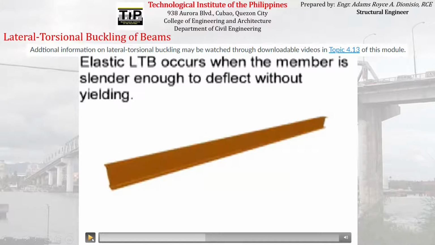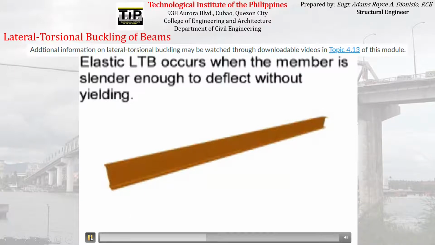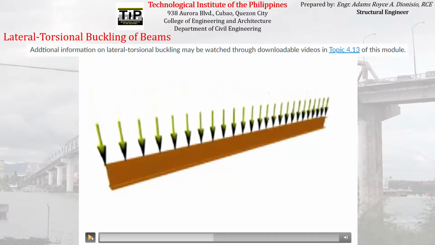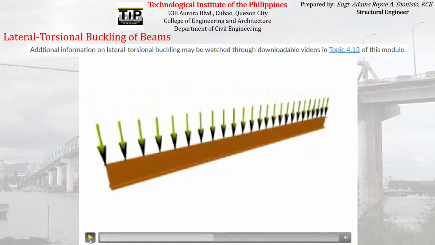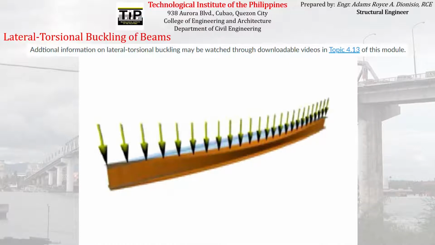Elastic lateral torsional buckling occurs when the member is slender enough to deflect without yielding. So usually nagaganap yung elastic lateral torsional buckling sa mga slender member. Ibig sabihin sa mga member na mahaba yung distance from one bracing to the other. Okay? So if you just want to imagine how LTB is being experienced by a beam, you can see here